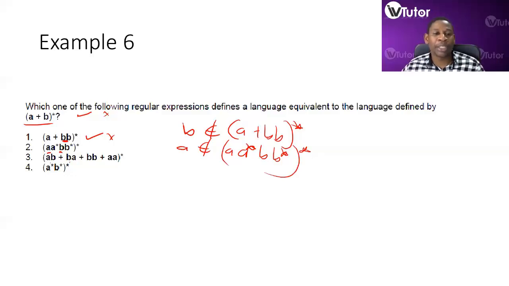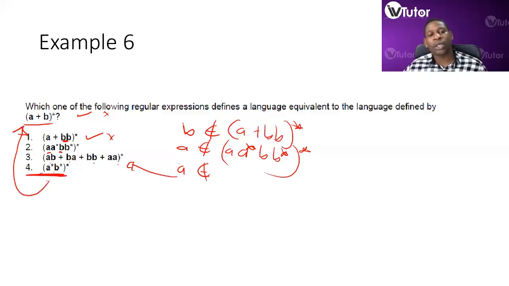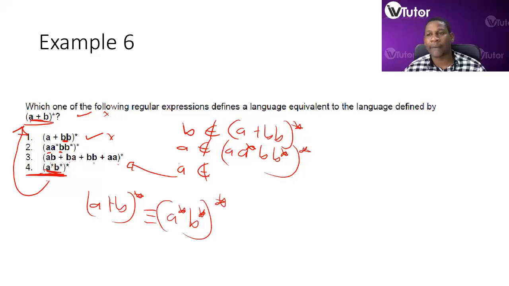A, B, or B, A, or B, B, or A. A is not an element of this one. Then over here, which is now a little bit more of the obvious choice, you find that this is the correct interpretation. All the words that can be generated by this can be generated by that. In fact, (A or B) clean star is equivalent to, say, (A star, B clean star) clean star.